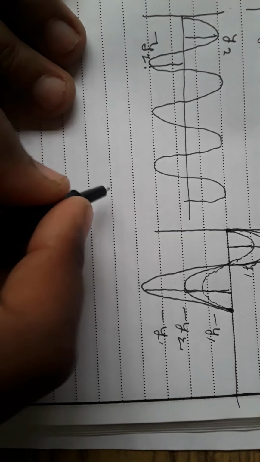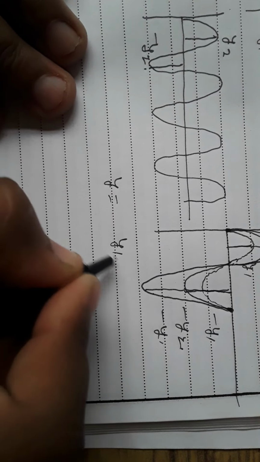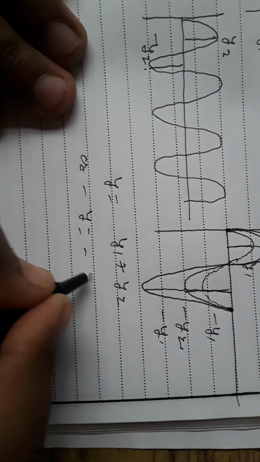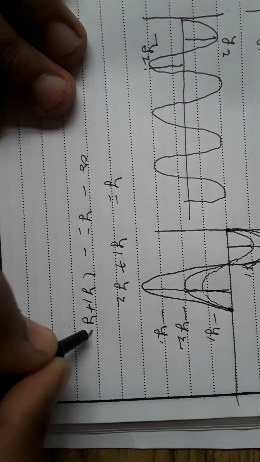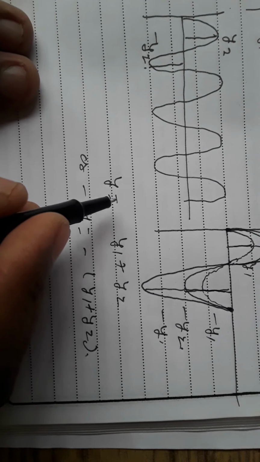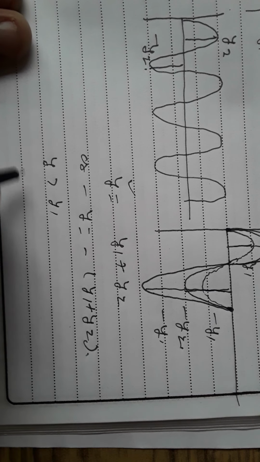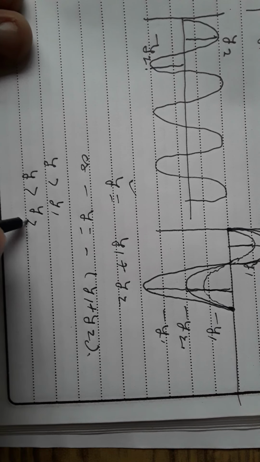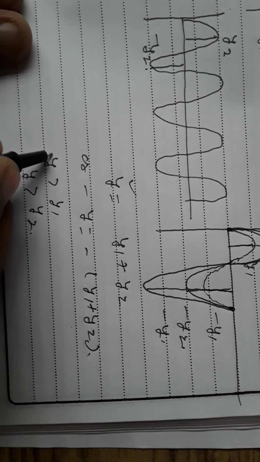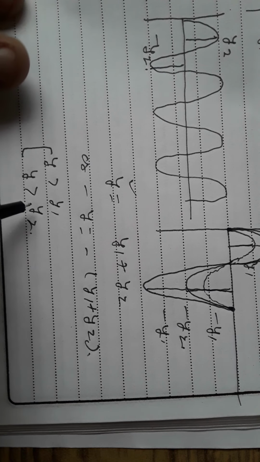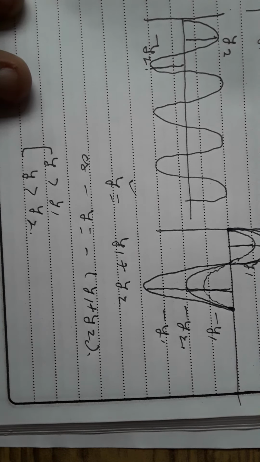So according to this diagram we can write y is equal to y1 plus y2, or minus y is equal to minus y1 plus y2. From this diagram we can see that this resultant y is more than y1 and y is more than y2. So the resultant displacement is more than the individual. If the resultant is more than the individual, we can say that this is constructive superposition.